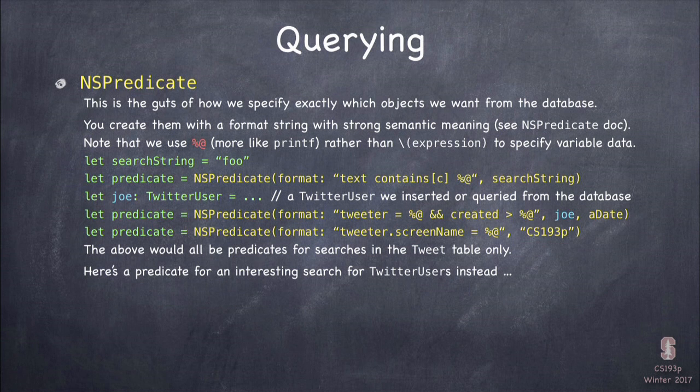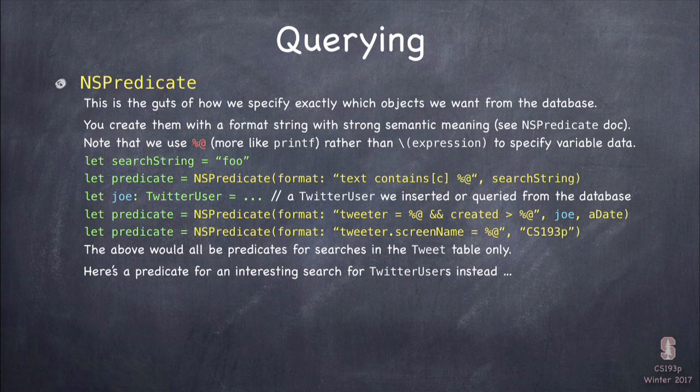In its class documentation, there's going to be a link that says creating predicates or something like that. Click on that and go there and learn all the things you can put in this format string, because it's all very specific to doing database queries. But I'll show you some examples so you get an idea of what's going on here. So here's the first one. Let's say I have this search string called foo, and I want to find all these searches that I'm going to do right here are tweet searches.